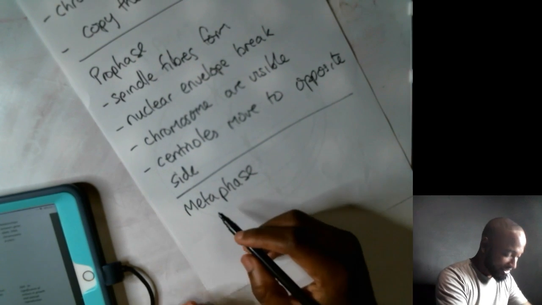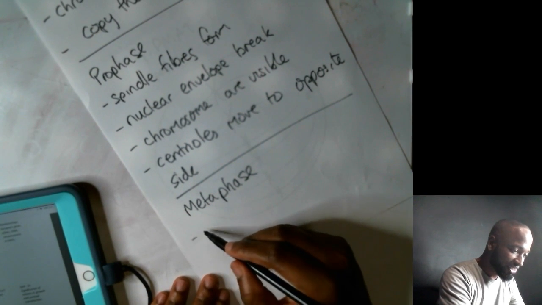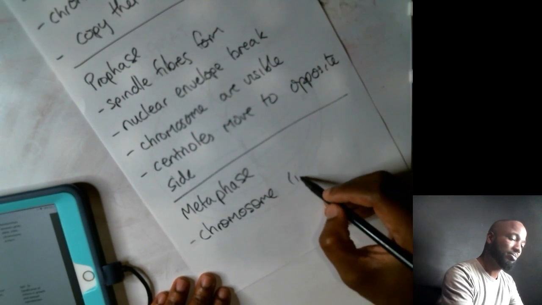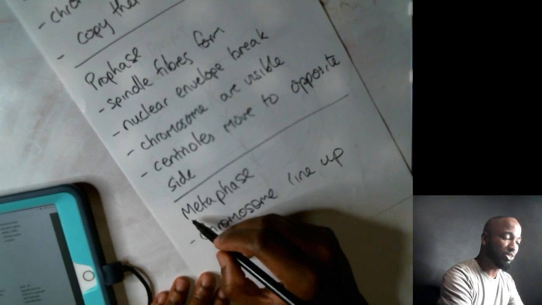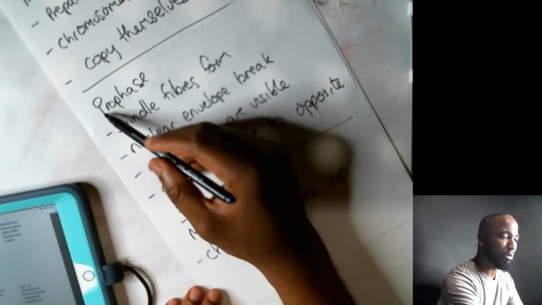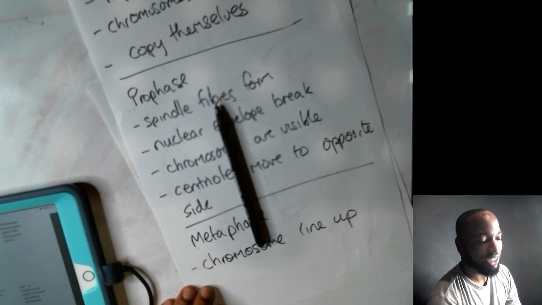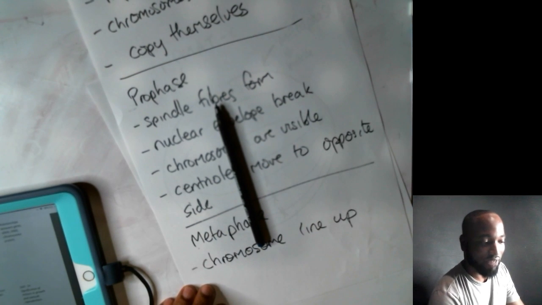So the metaphase, the key thing with this is the chromosome lineup. And as I say, the M here you used to remember that middle, the P here you used to remember this at part. So the prophase, nothing big and really start up next to the centrioles move to the opposite side and the spindle fibers start to form.